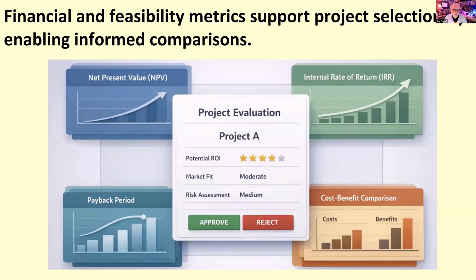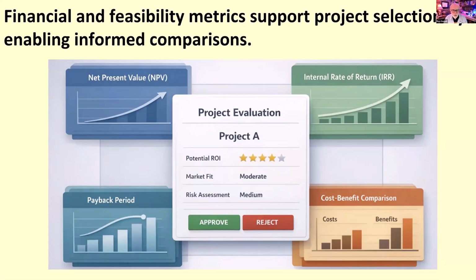So financial and feasibility metrics support project selection by enabling informed comparison. At this stage of project selection, we're often applying high level financial analysis to compare these initiatives. The goal is not precision forecasting, but relative comparison, understanding which projects are more likely to deliver economic value under uncertainty. And so there are four or five major ways that we've done this in the past and still continue to do, but there's a concept of net present